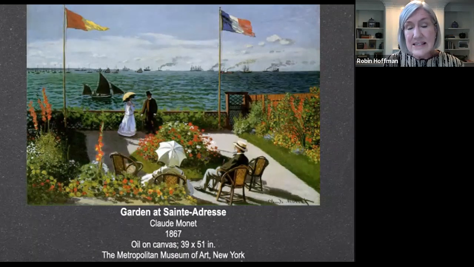Monet was working at the scene, not in a studio. He painted from an elevated viewpoint from an upper window in the house. And as early as in this work, Monet paid careful attention to the colors of the flowers and plants, as well as the light and shadow that plays off of them and the shadows created by the terrace, the chairs, and the people.